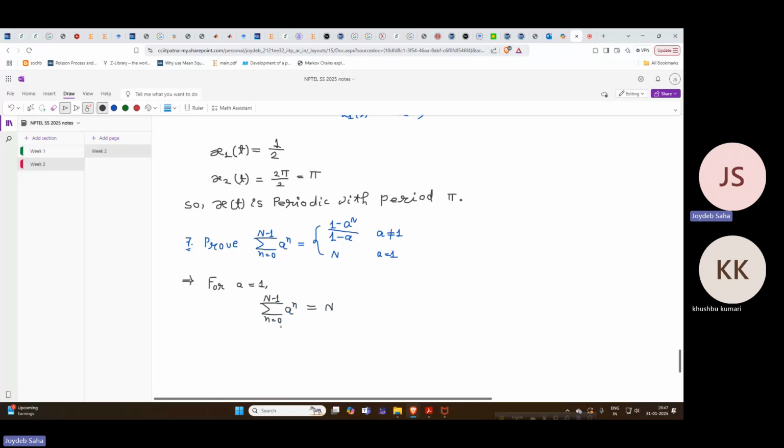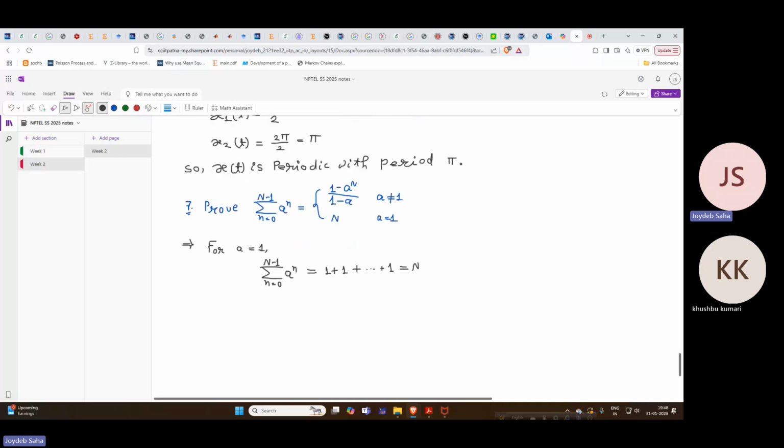Because from n is equal to 0 to n minus 1, total n number of 1 is getting summed up directly. We can write 1 plus 1 plus dot dot dot plus 1 is equal to n. Okay, now for a not equal to 1,